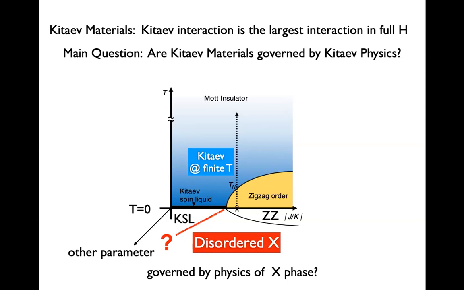On the other hand, it's not very clear what this line here is, whether there is indeed a phase transition between this, whether that phase transition is a trivial one or a topological phase transition between the two. None of this is known at this point. So that'll be my main question. And yeah, that's the goal. And we will try to see how far we can go to understand the physics of the material.